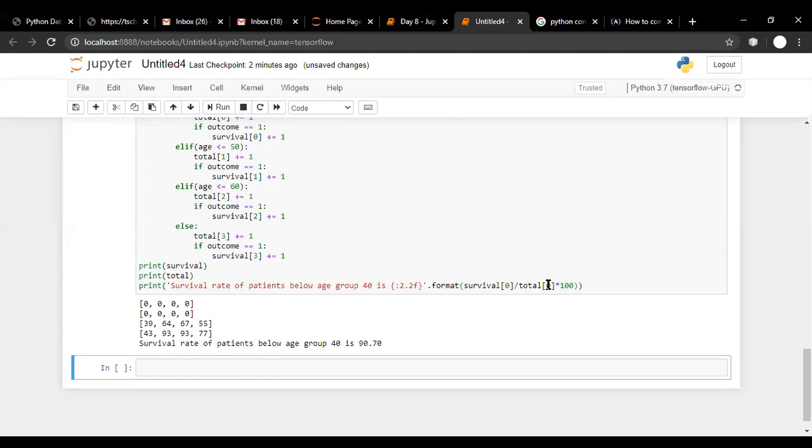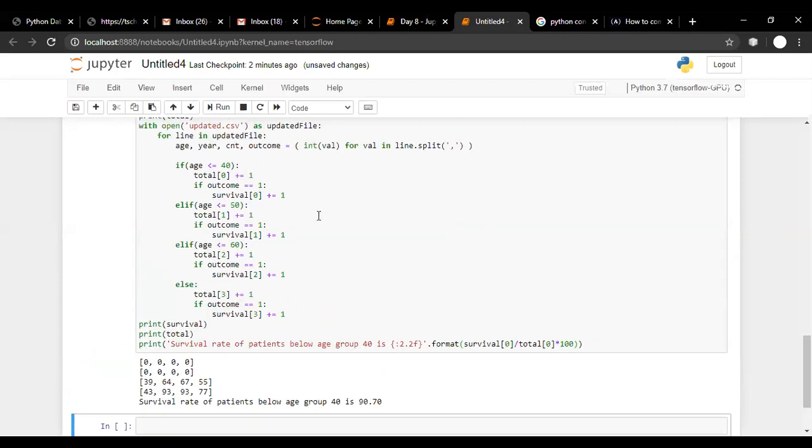So someone is saying we also have to check that age is above 41 and less than 50. Let me answer your doubt. We don't need to check for above 40 here, because when we say less than 40, if this condition is true, it means age is less than 40. If this condition is false and we go into the else part, it means age is above 40 only. When we are in the else part, we know that age is above 40, so we are simply checking whether it is less than 50 or not. Okay, you got it. Thank you.